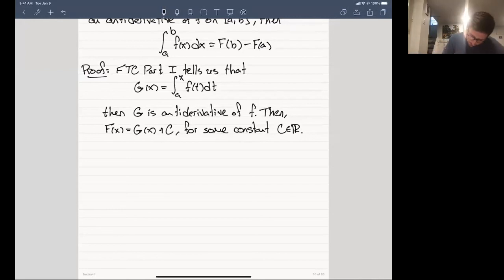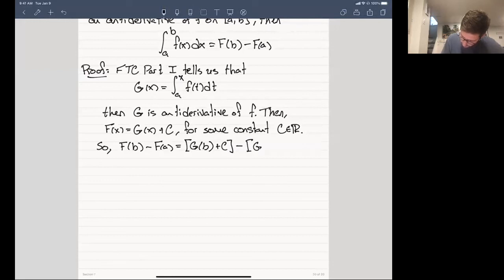And so let's do this. F of b minus f of a. This is going to be, let's just use this, g of b plus c, so I'm just writing out the definition, minus g of a plus c. You can see that those constants are going to cancel each other out. So it didn't even matter that we had them in there, right? We just needed to be precise. And so this gives us g of b minus g of a,